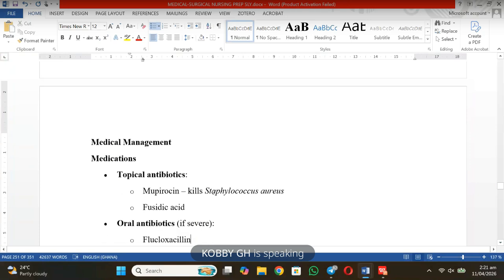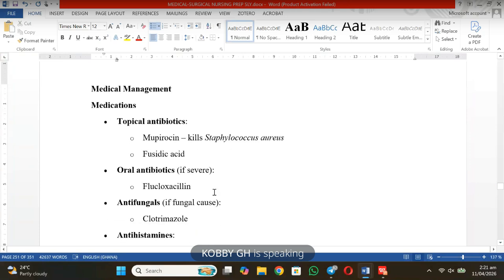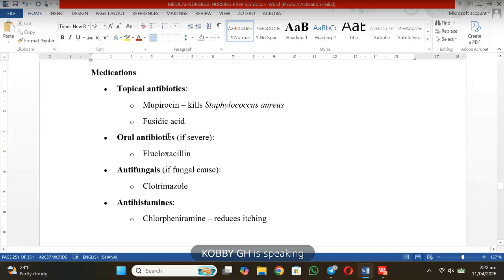Now here, the management, usually we give antibiotics. We can give antibiotics like mupirocin. Okay, we give this antibiotic. Clearly, it targets the Staphylococcus aureus and kills it. Great. Now, when it comes to oral antibiotics, they can also give flucloxacillin as the first line in